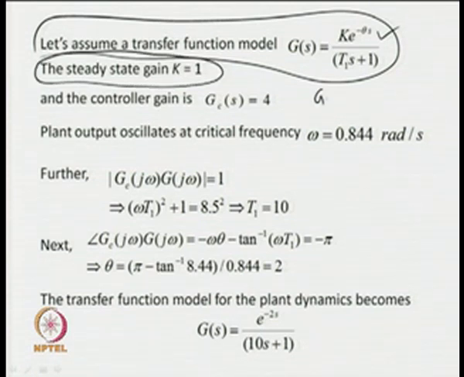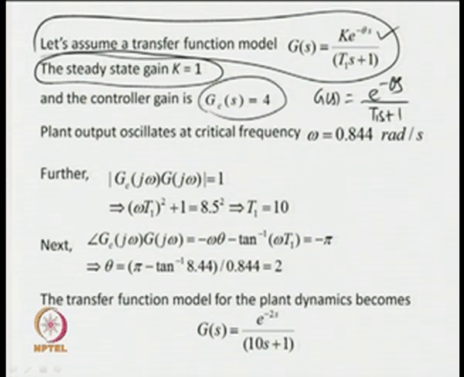Therefore, G s can be given as e to the power minus theta s upon T1 s plus 1, and we know G c s is equal to 4. Again making use of the concept of loop gain of 1 and loop phase of minus pi, we get